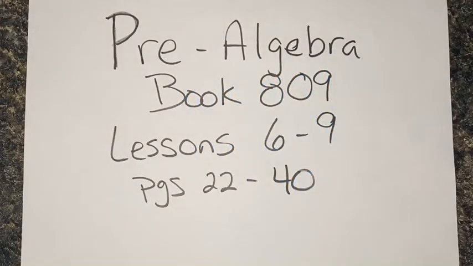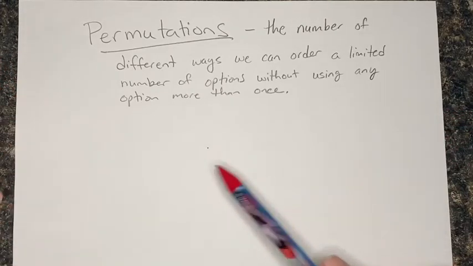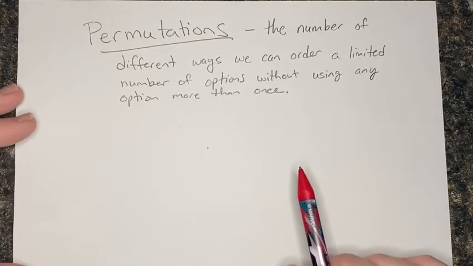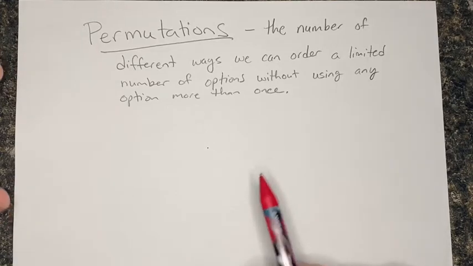All right, everyone, for today's lesson, we're going to be looking at Pre-Algebra book 809, lessons 6 through 9, and those are on pages 22 through 40. All right, so we're going to be starting with permutations. A permutation is the number of different ways that we can order a limited number of options without using them more than once. So if we look at the example that's in the book on page 22, it reads that